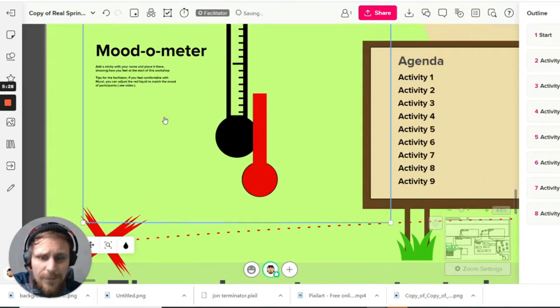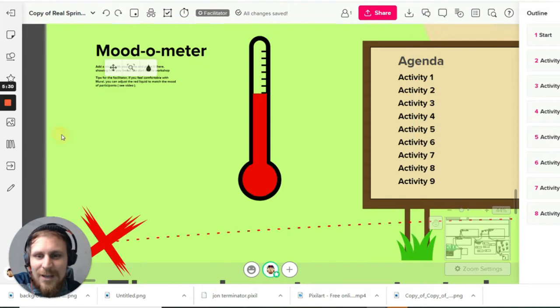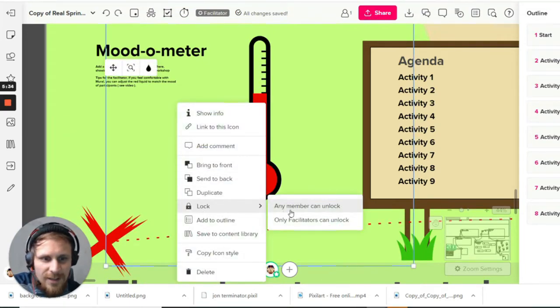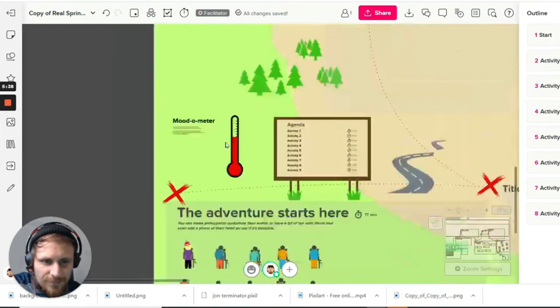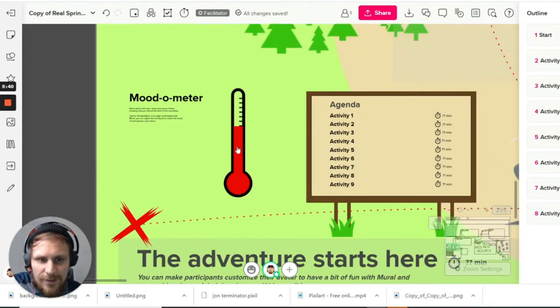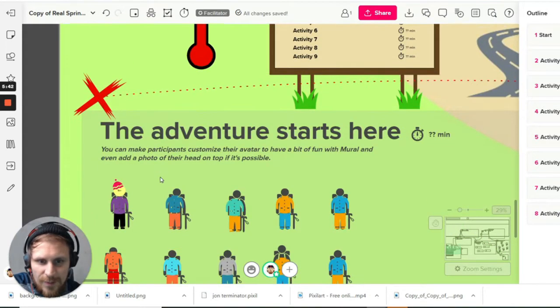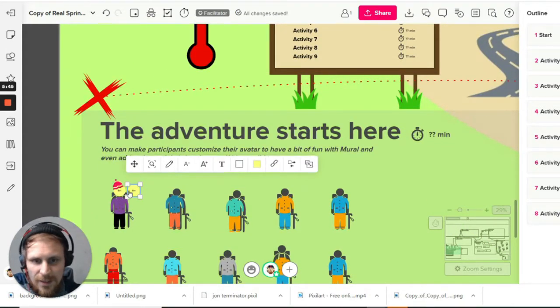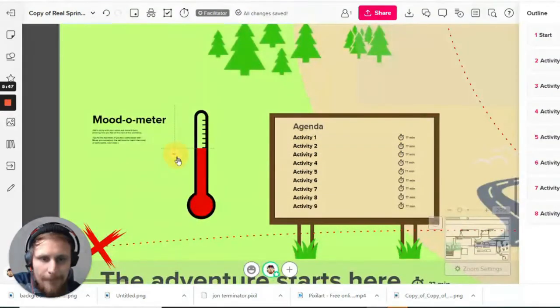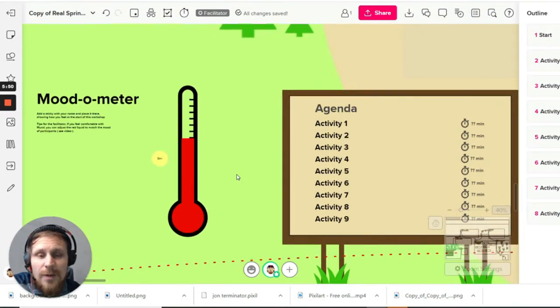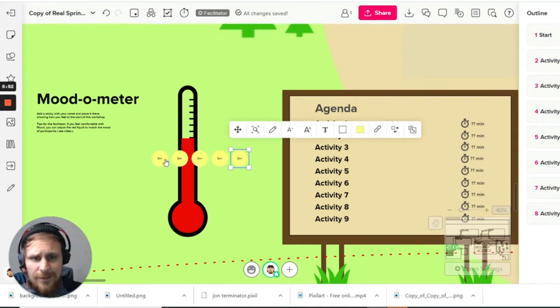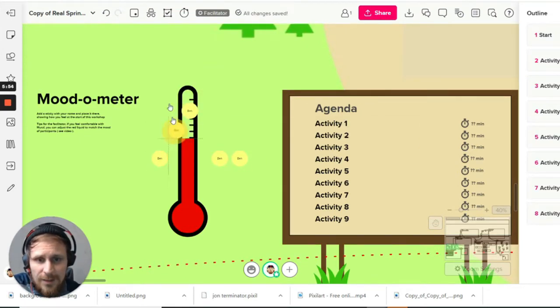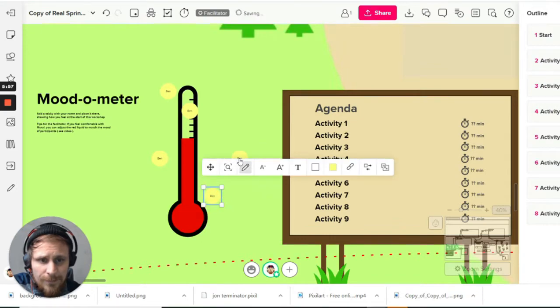The idea, oops, so be careful when you use it, some stuff is not locked yet. This one, for example, you should lock. I might lock it before I share. So this moodometer, basically you could ask the people, let's say this is me, and I would say I'm here, for example, I'm feeling so at the beginning of the workshop, and let's say everyone is like, I don't know,